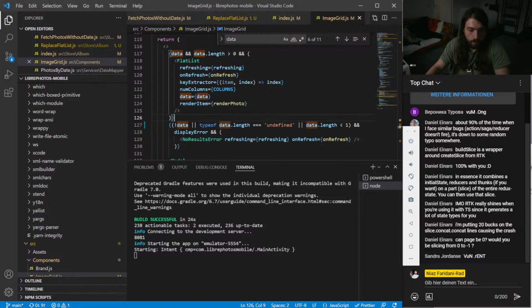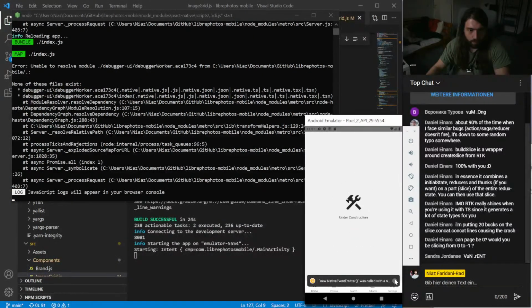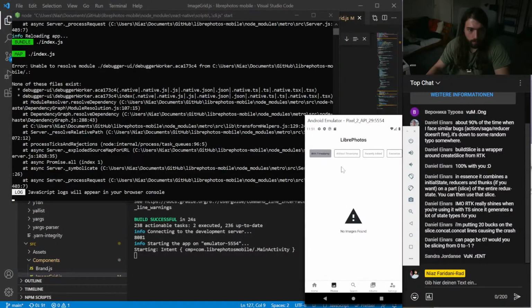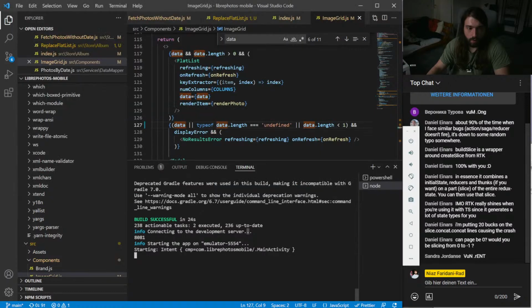If not data, right? Like that. Reload. What the hell? Cannot read property of undefined. Yeah, but I checked for undefined.